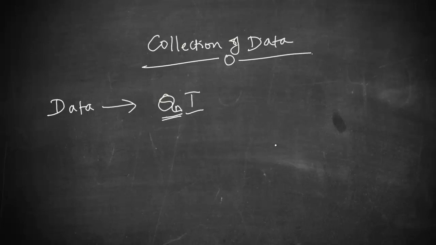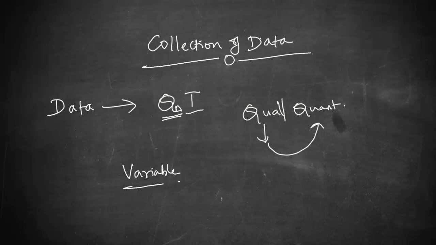Of course, we can make a distinction between what is known as qualitative data and what is known as quantitative data. But this qualitative data, if it should be considered a part of statistical analysis, then this should also be converted into quantitative data. So only then an analysis can be carried out. So a quantitative character is basically a variable character in nature. So a quantitative character is basically a variable, or it is something which is measurable in quantity.